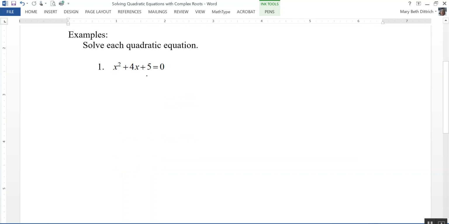Since that's not factorable, I'm going to use the quadratic formula. So x is equal to the opposite of b plus or minus the square root of b squared minus 4 times a, which is 1, times c, all over 2a. Or x is equal to negative 4 plus or minus the square root of 16 minus 20, which is negative 4, so there's my negative discriminant,